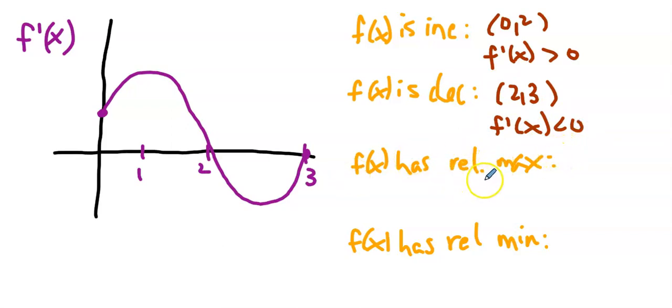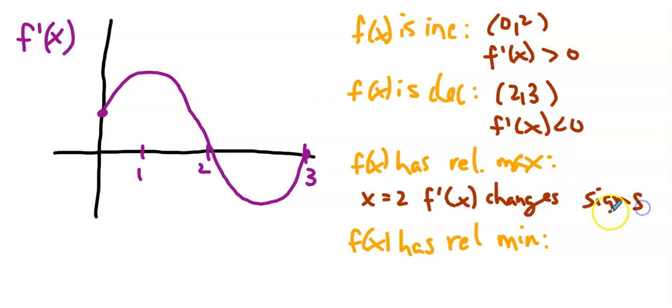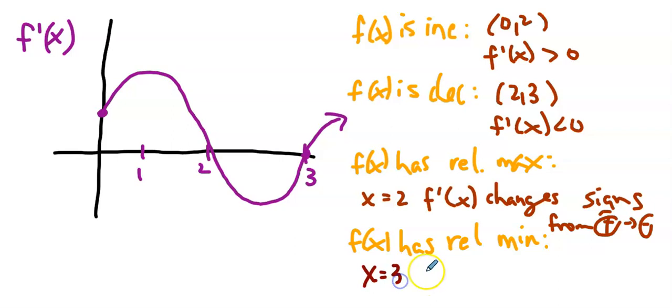Where do we have a relative maximum? Well, a relative maximum is going to be at x equals 2, because f prime of x changes signs from positive to negative. Where does f of x have a relative minimum? I'm going to just really quickly continue on with my graph right there, because I need to actually do that. So it has a relative minimum at x equals 3, because f prime of x changes signs